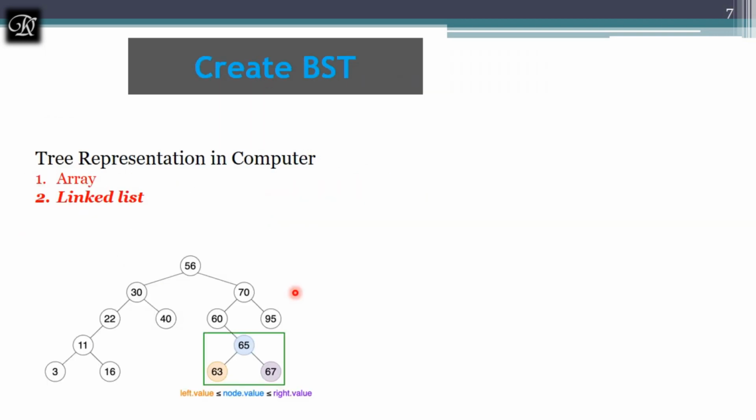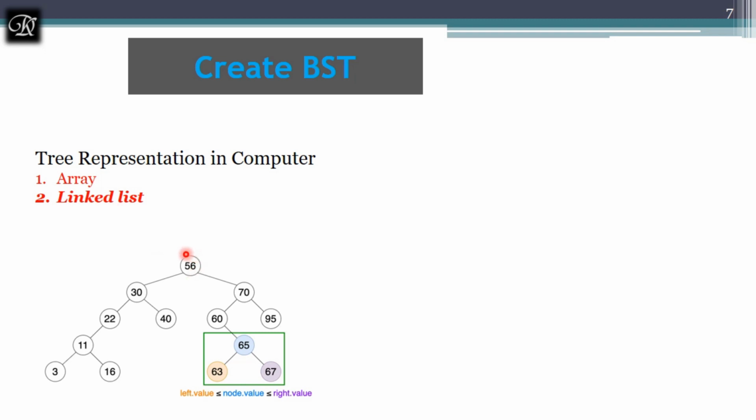Let's see how to create a tree. To create a tree in the computer, you have 2 options, because you don't have a data type called tree; you have only existing data types, and with those you construct a tree. We cannot store this diagram directly in the computer, so we store the values with a tree structure internally. That is possible with 2 data structures, arrays and linked lists. In this question, they have asked us to use a linked list, so we are concentrating on the linked list.